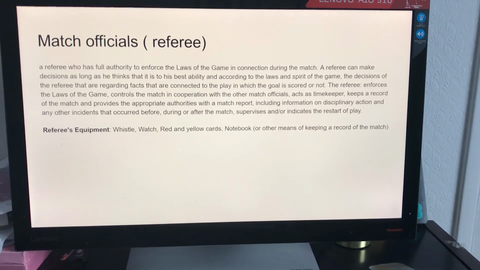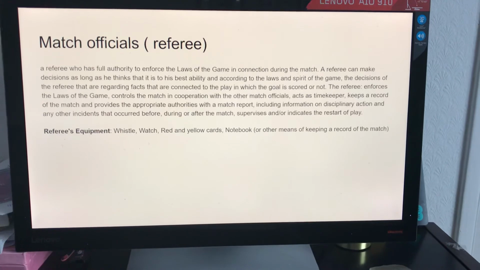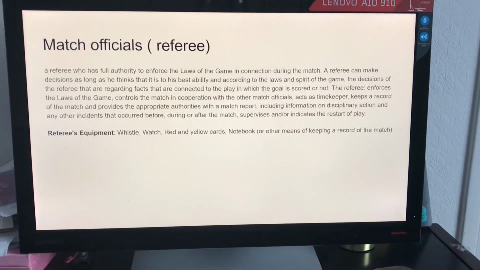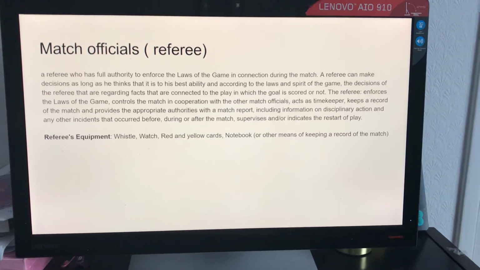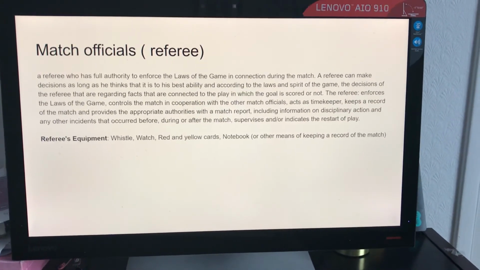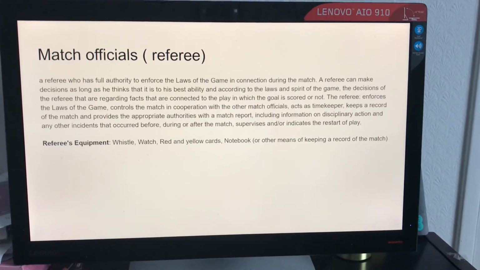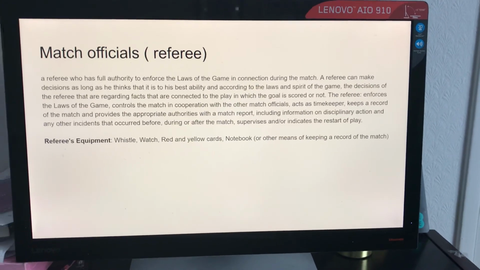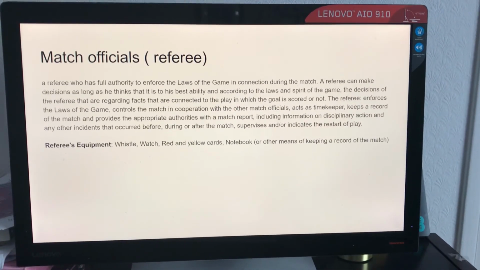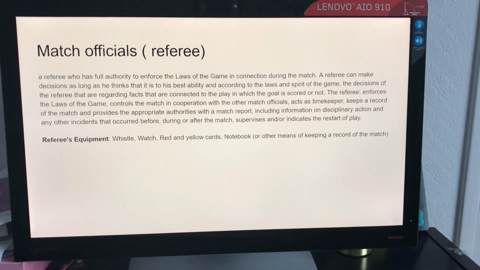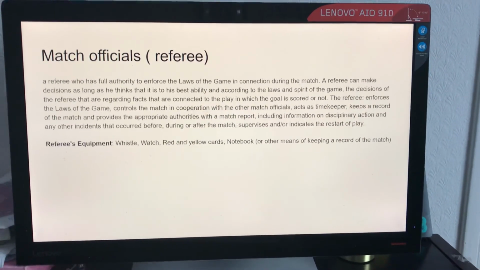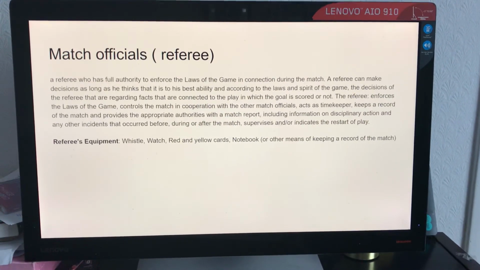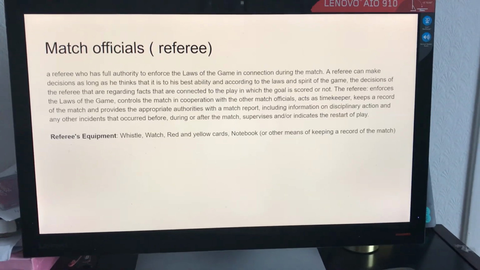Decisions of the referee regarding facts connected to the play, including whether a goal is scored or not, are final. The referee enforces the laws of the game, controls the match in cooperation with other match officials, acts as timekeeper, keeps a record of the match, and provides the appropriate authorities with a match report including information on disciplinary action and any other incidents that have occurred before, during, or after the match, and indicates the restart of play. A referee's equipment is a whistle, a watch, normally 2 or 3 watches, one for goal line technology, red and yellow cards, a note